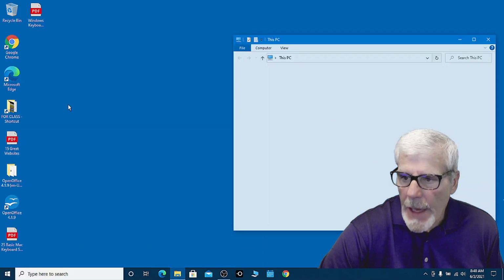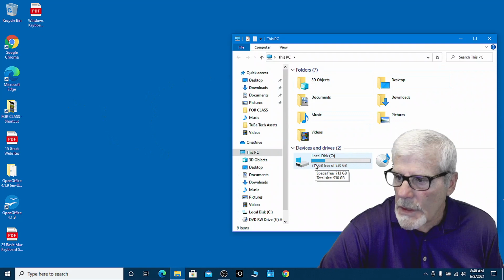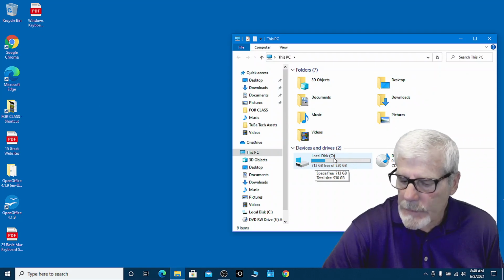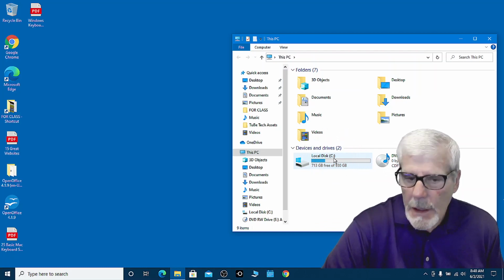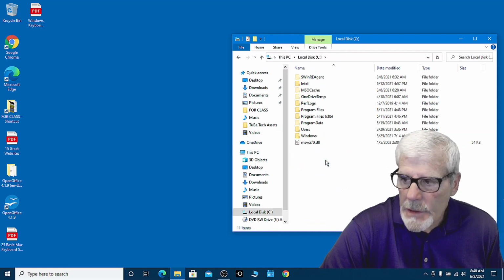So if I click on that, you will see this right here. Sometimes you have to scroll down to see it, but what we're looking for is the Local Disk C drive. Right there, the letter C. Some of your computers might have backup drives and so on built into them, and you'll see another smaller drive next to it here. But what we're looking for is the C drive here. So if we double click on our C drive,